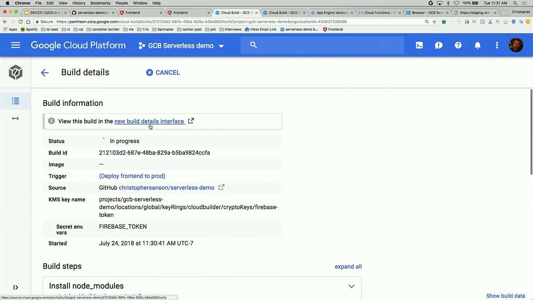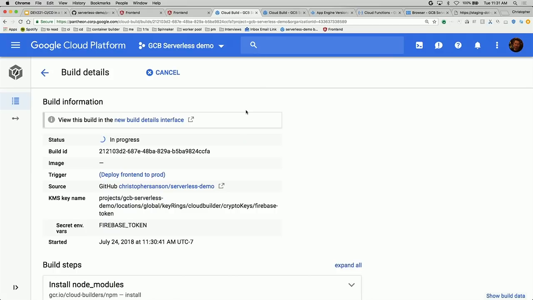So if we go back to the build, one other thing that you might have noticed, if you're using Container Builder, that you haven't seen yet, is view this build in the new build result interface. So if we click on that,